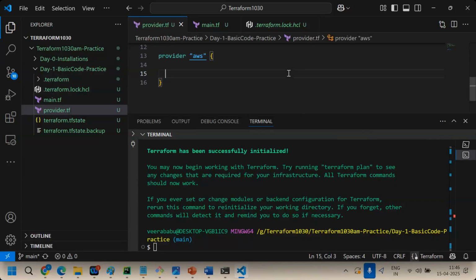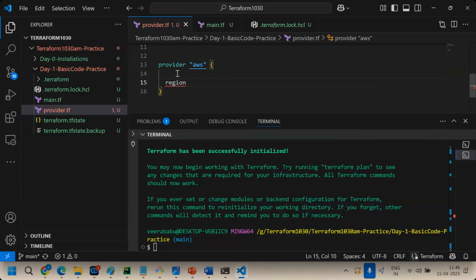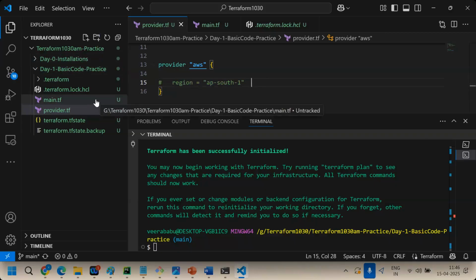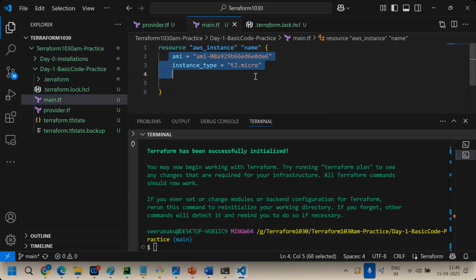So if I want to run this process in a specific different region, how do I run it? Now it is taking US East 1, right? What I can do is mention a region here equal to ap-south-1, like this. I'm just commenting the line anyway. If you want, you can. Okay, this is how to interact with Terraform. Still not focusing on this area, the resource block and so on.